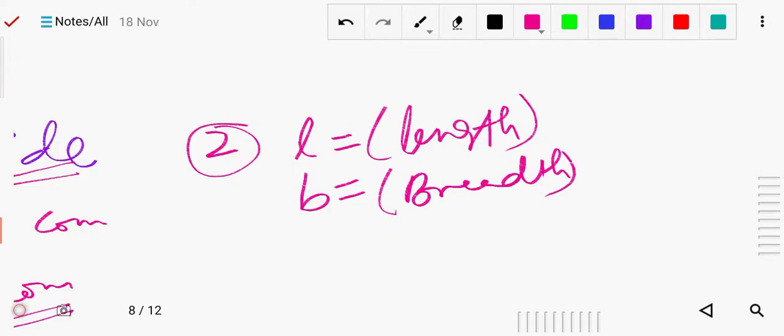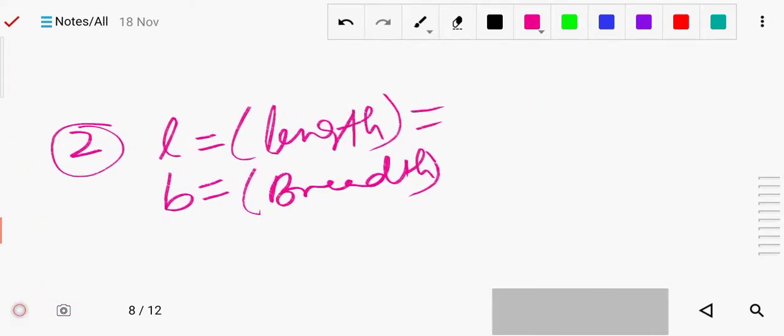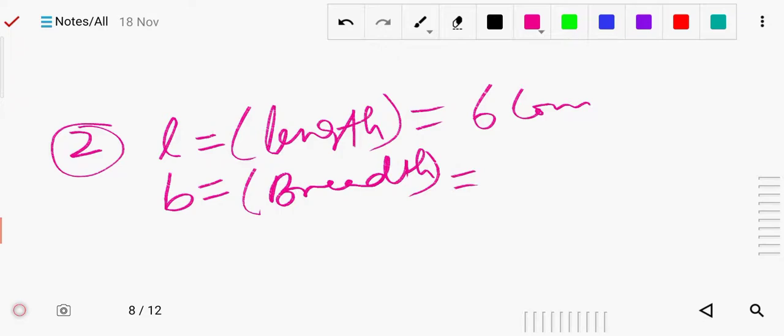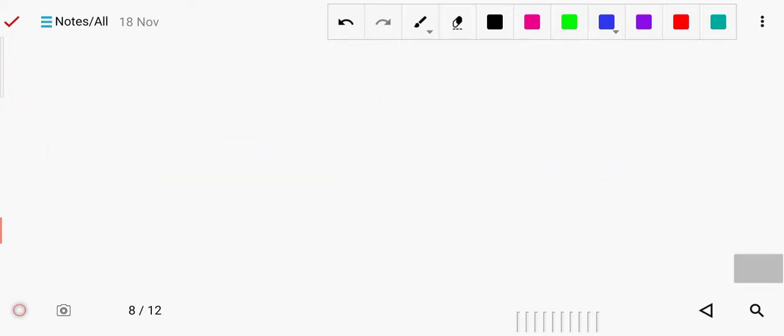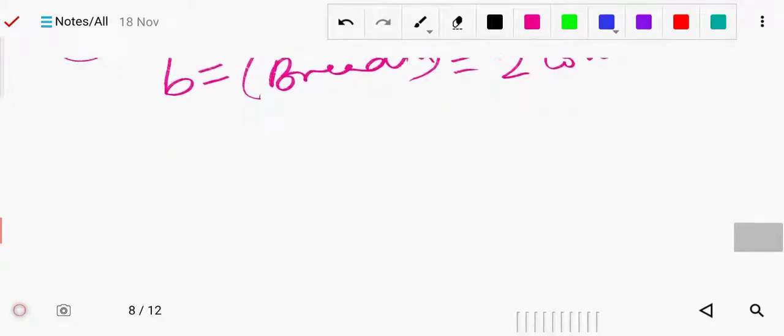Okay, this is your breadth. So L is given, it is given 6 centimeter. So first you write this is 6 centimeter. B stands for breadth, it is your 2 centimeter. 2 centimeter is given. Now you have to write the formula of the perimeter of the